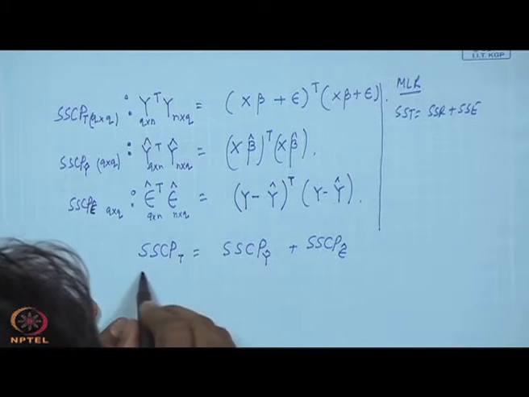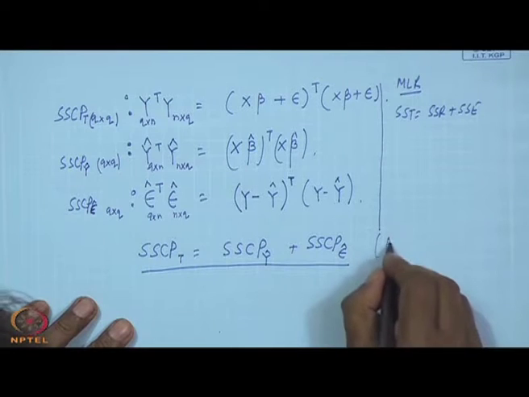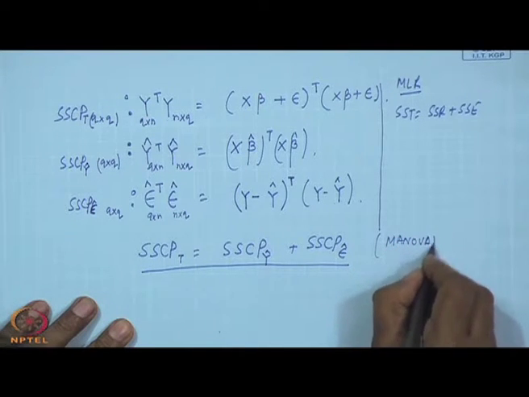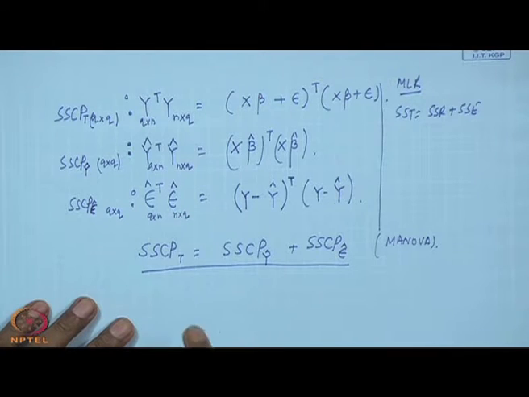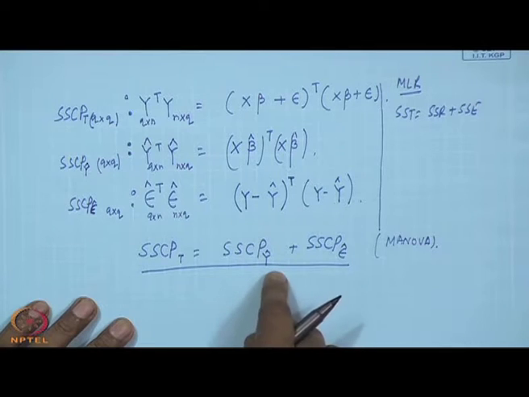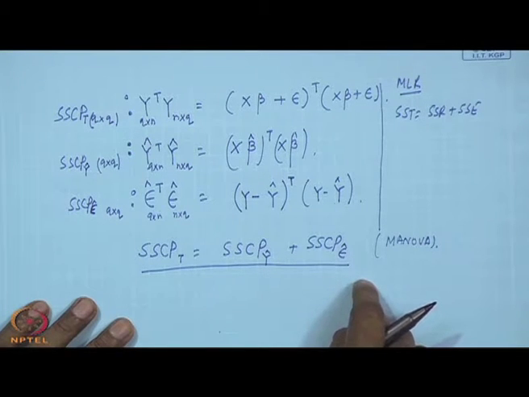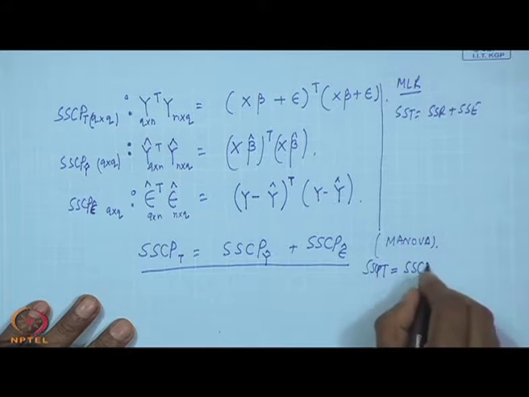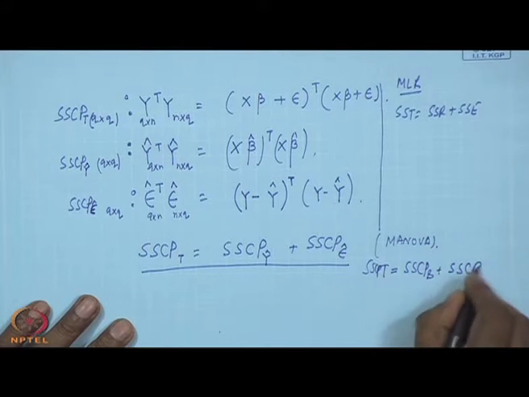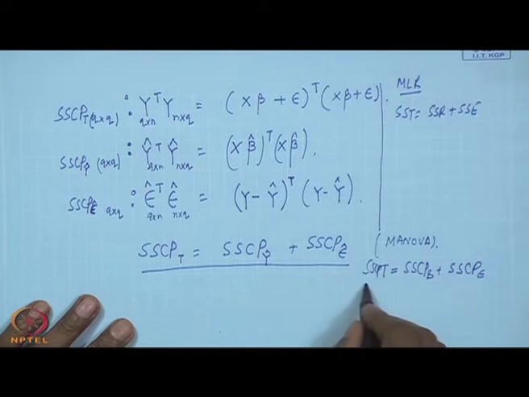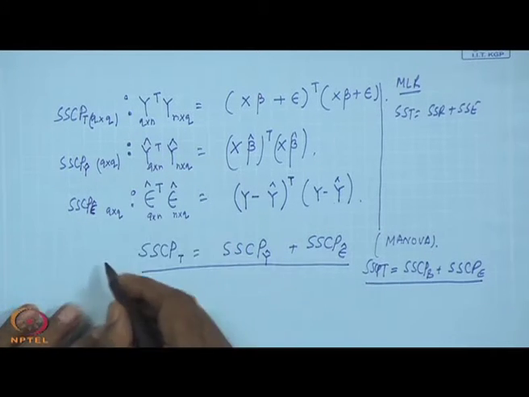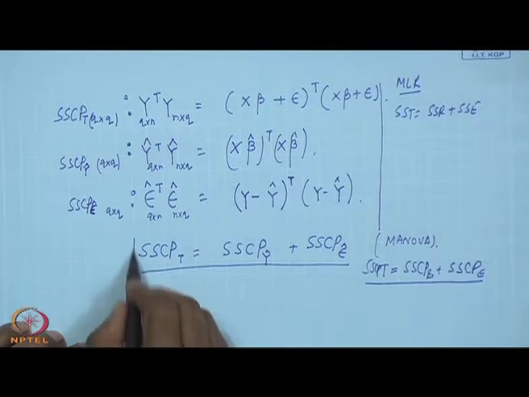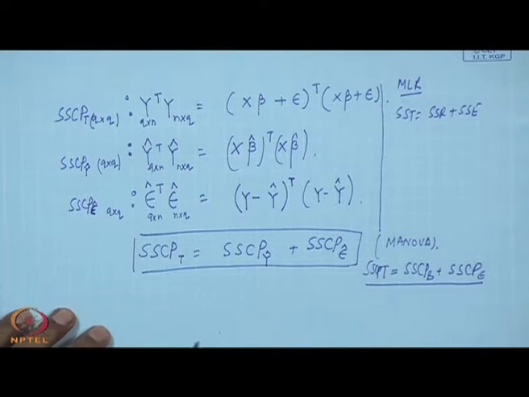Can you find any relationship with this with MANOVA? In MANOVA we have found out that SSCP total equal to SSCP between plus SSCP error within. In MANOVA we have used, suppose, T for SSCP total, equal to SSCP between plus SSCP error. So, because of q y variables, your matrix now becomes like this.